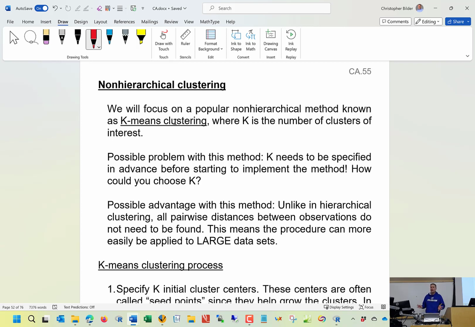You might think that is a fatal flaw with this method. In the end, it's not as bad as it sounds. We will have ways to determine, well, is k equal 4 better than k equal 5? We will talk about that later. Now, a possible advantage with this method is